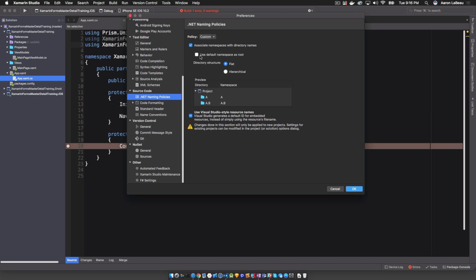Or if you just don't want that default namespace as root, you could just select this and then it doesn't do that. You have to come up with how you like your namespacing no matter what. The real problem I have with this is obviously the views, it's got a double views on it. And that does not work for me. I don't like the double root. And you can see here, if I were to take this off, it's going to say, hey, we'll make these changes, but in the future,